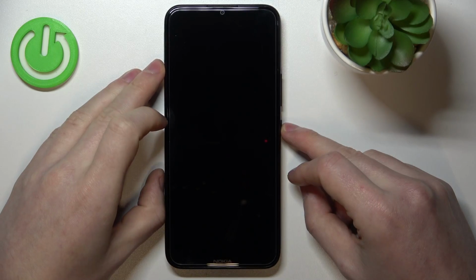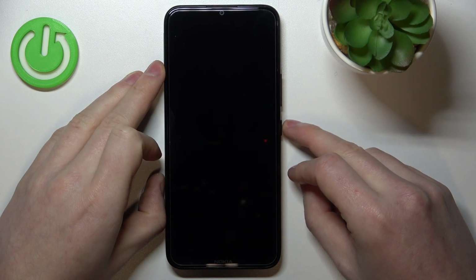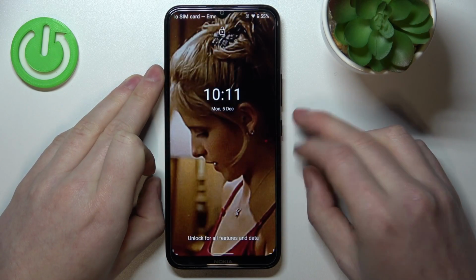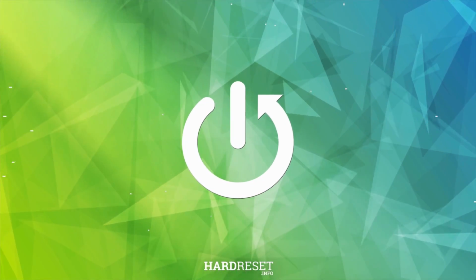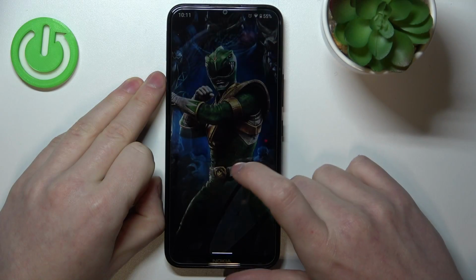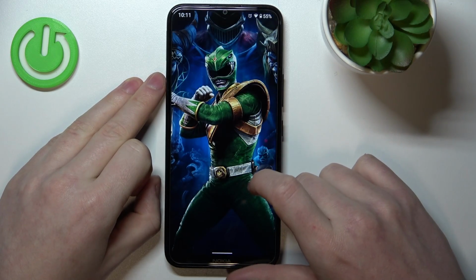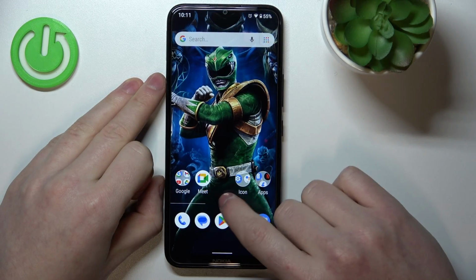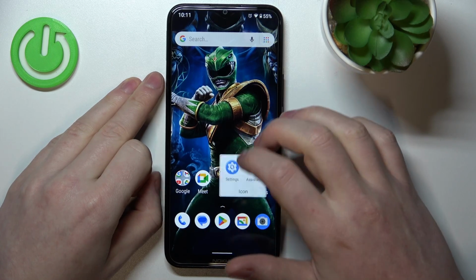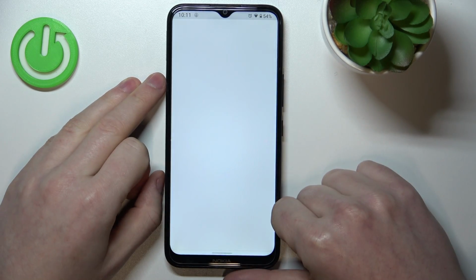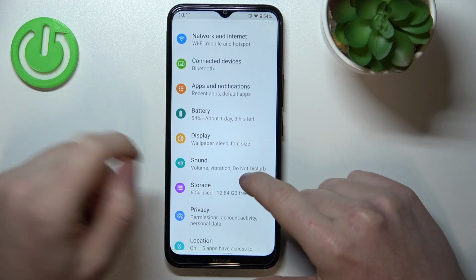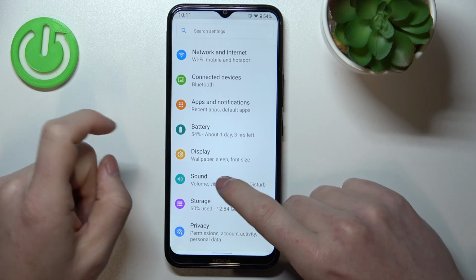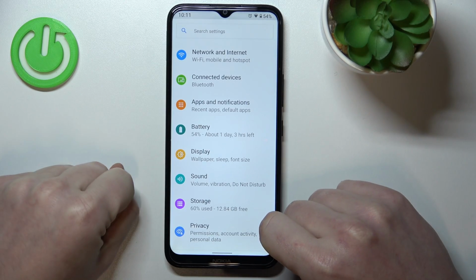Hello, in this video I want to show you how to find the sound settings on Nokia C21 Plus. And to do this we'll need to open our settings. Right here, navigate. You can scroll down if you can't see it, but I can already see it, so let's